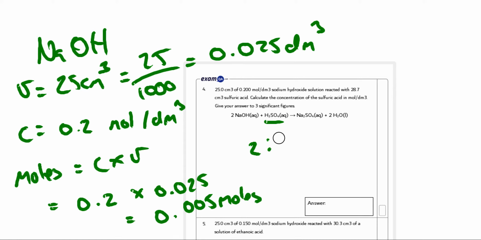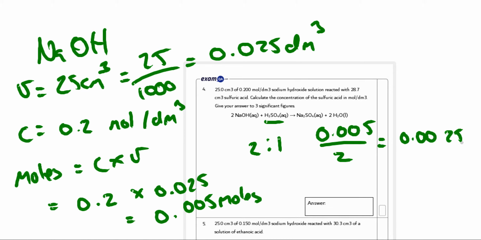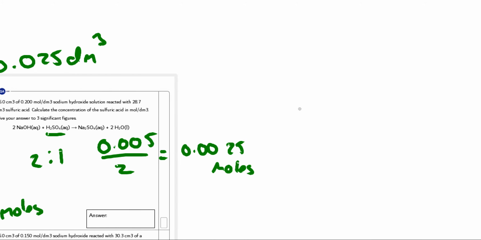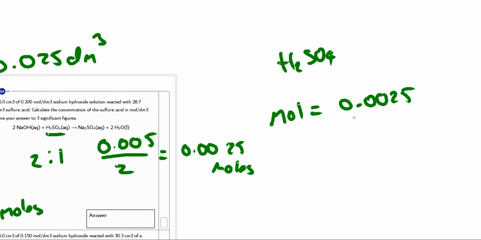So it's a 2-to-1 ratio. So 2 moles of NaOH to 1 mole of H2SO4. So in this situation, it's going to be 0.005 divided by 2, which is equal to 0.0025 moles. So that's the number of moles of H2SO4, and then we go through. So we know moles of H2SO4 is equal to 0.0025. We know the concentration is equal to